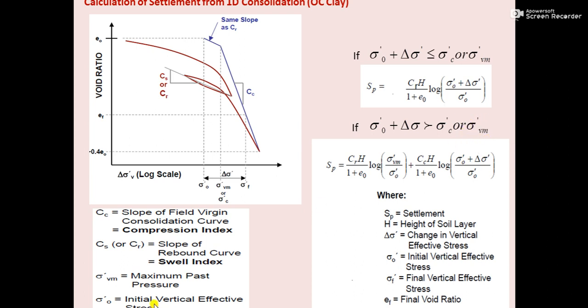So what is this sigma Vm dash? Sigma Vm dash is again, as I have explained, maximum past pressure. That means after the incremental stress is coming to the soil, when it is added to the initial vertical effective stress, if that amount of stress is more than the stress the soil ever has experienced in the past,